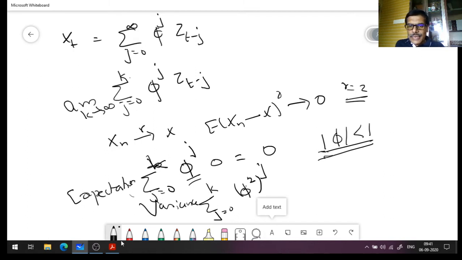So ultimately, why am I worried about mean and variance? Because I told you we are interested in weak stationarity. There is a sigma square which comes over here, because the expected value of the square of this is sigma square. That comes outside because it doesn't have t; that's where the uncorrelated constant variance plays a role. But if it is not a constant variance, you are in trouble, because then you may end up with some constant c and sigma_t square.